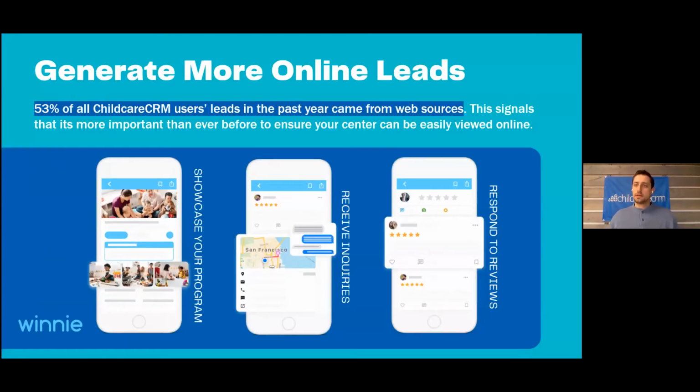So for those of you out there who raised your hand and you said the number one thing that you're struggling with right now is getting parents in the door, well, we want to talk about generating more online leads. So 53% of all of our CRM users' leads in the past year came from web sources. So this is the first step in parents finding out about you and your center. There is a partner of ChildcareCRM, Winnie, and they're a marketplace listing service where parents would be able to find your center. So whether it's through Winnie, other listing services like Kinside, Google, and your SEO, how visible is your center to parents? So when they go and type into